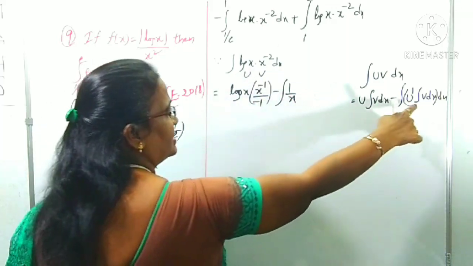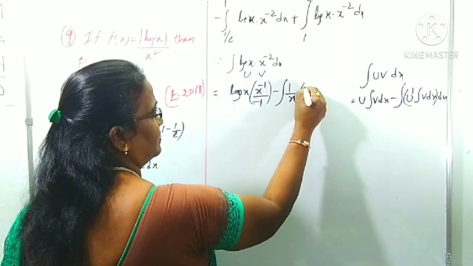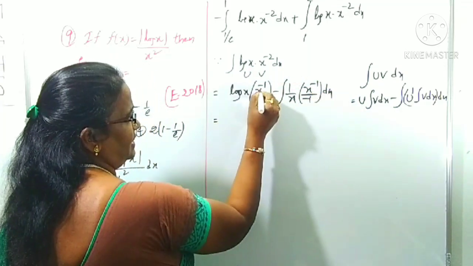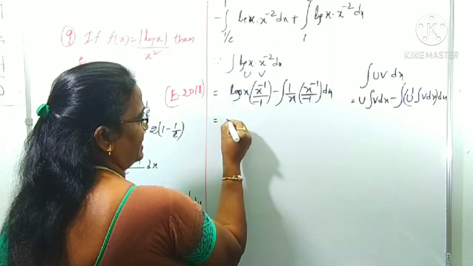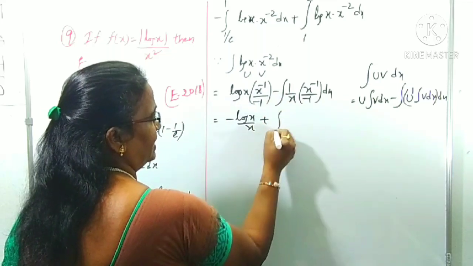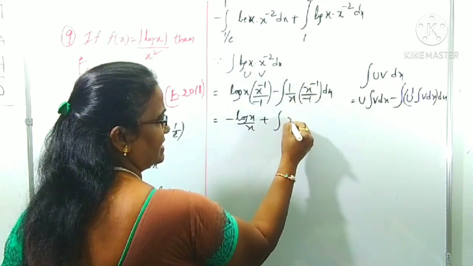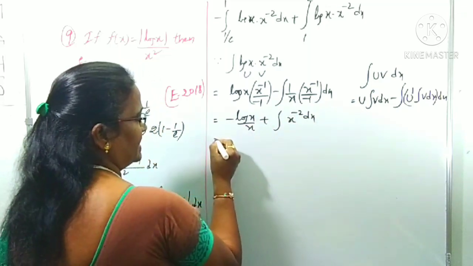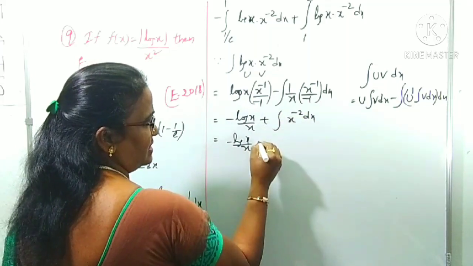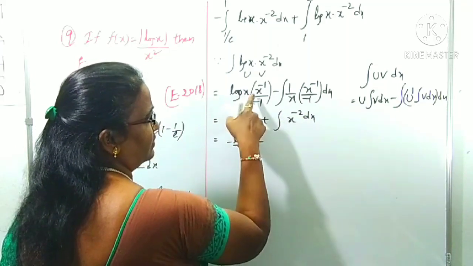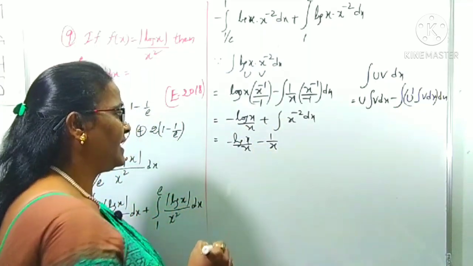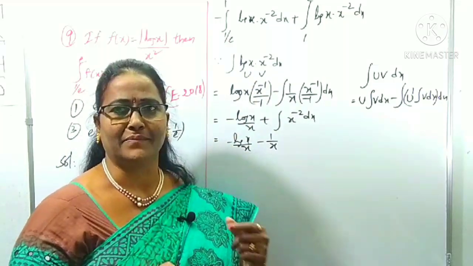This is as it is, because integral of v dx is x power minus 1 by minus 1, whole dx, right? x power minus 1 you can write as 1 by x, with minus log x by x. This is minus into minus, plus integral of x power minus 1 by x, which is x power minus 2. Again it's the integral, minus log x by x. You know the x power minus 2 integral? I have written x power minus 1 by minus 1, minus 1 by x. This is the integral of log x into x power minus 2.